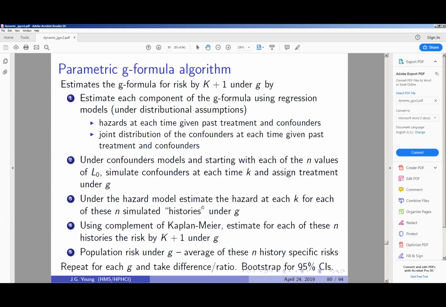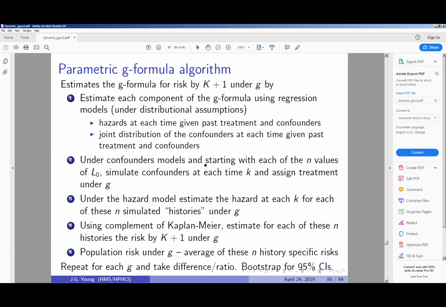Whereas, as you saw with the IPW approach, and this translates to TMLE, which also requires weighting, you have to do the whole process of artificial censoring. The whole algorithm has to be redone for each question that you consider. Whereas with the parametric G-formula, you can consider all kinds of strategies with very little tweak to the algorithm. But you could also argue, understandably, that's dangerous because you're sort of saying, oh, I can answer anything, but you're totally relying on this estimate of the joint distribution of the data.